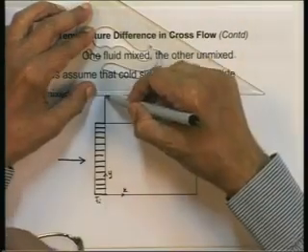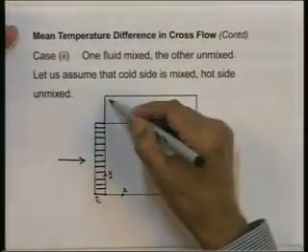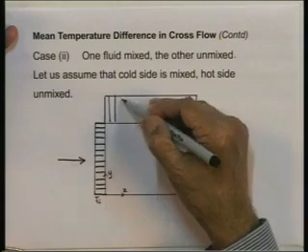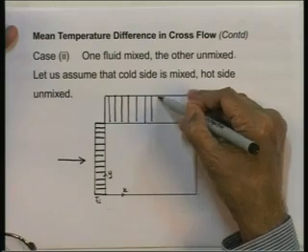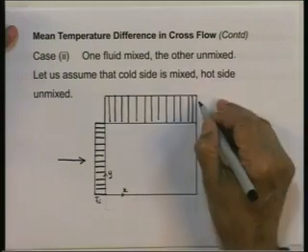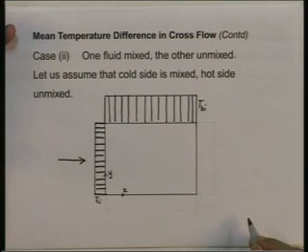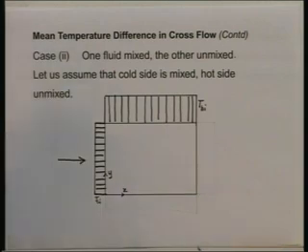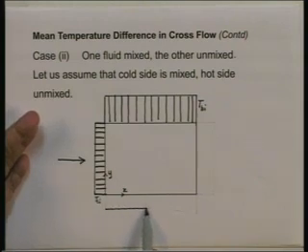This is the temperature profile at the inlet, uniform while entering. So, this is THI that I am showing, the fluid temperature profile while entering on the hot side. This is THI. Now, the hot side fluid is unmixed, therefore, its temperature profile will be non-uniform at the exit, something let us